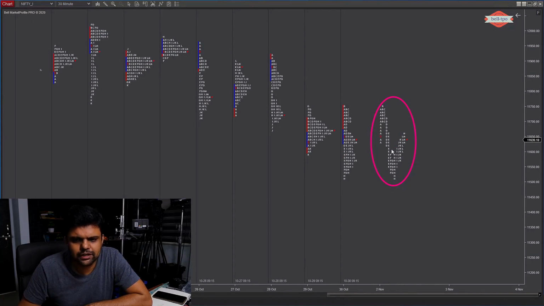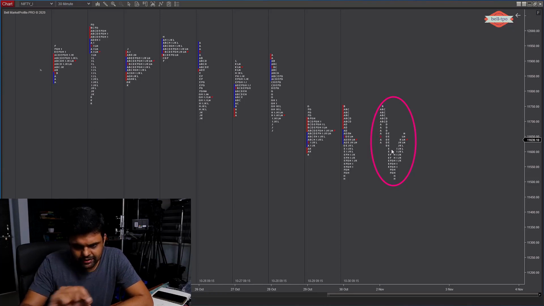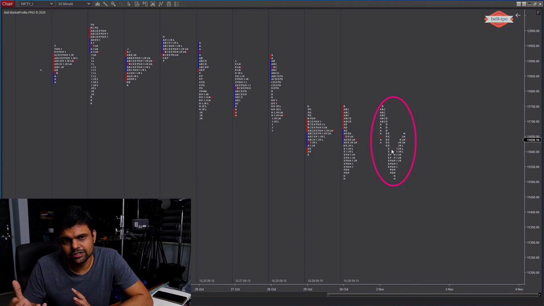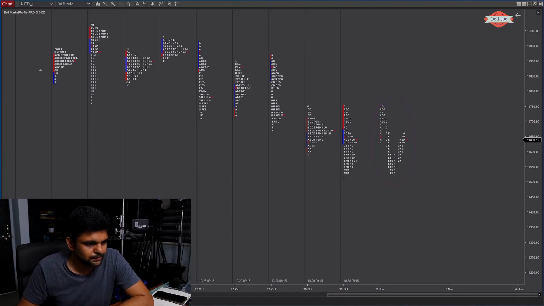All right, so this is very important because this is real time. Whenever the day's trading is going on, this last end of the chart will continuously show you the split profile for that day. So you don't have to go and split and unsplit the last day's profile multiple times to understand what exactly is happening on the split profile. And sometimes it is easier to watch markets on this type of chart instead of this collapse profile. So this is a very good setting that is inbuilt with the Bell TPO Market Profile Pro.